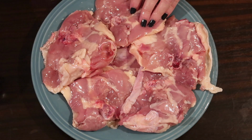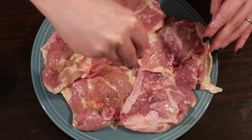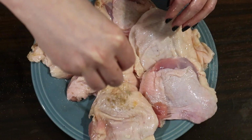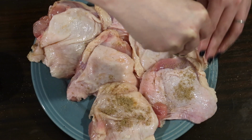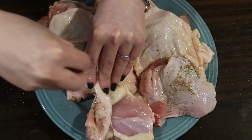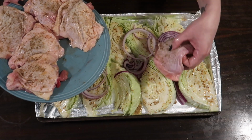Taking our seasoning mixture and sprinkling with one hand and rubbing it in with the other, just rubbing that seasoning mixture all over our chicken thighs, and then flipping them over and repeating the process. And I do always like to pull the skin up and make sure I'm getting that seasoning in directly on the chicken as well. Now I'm just gonna lay these skin side up right on top of our cabbage and